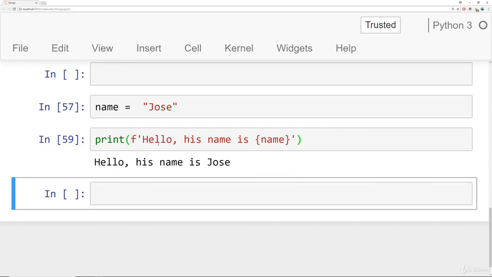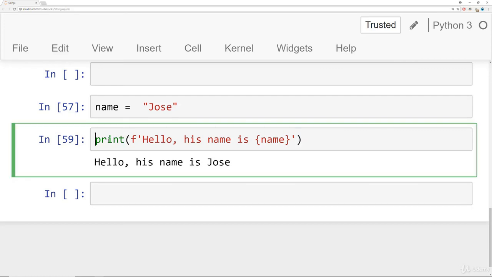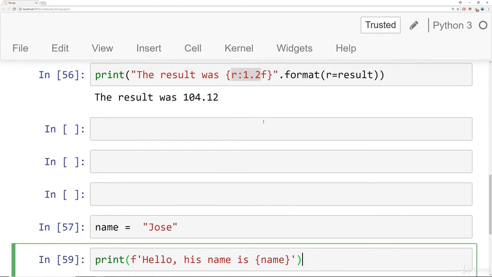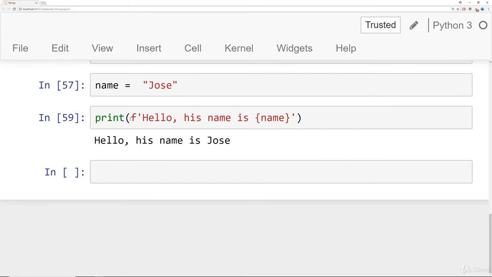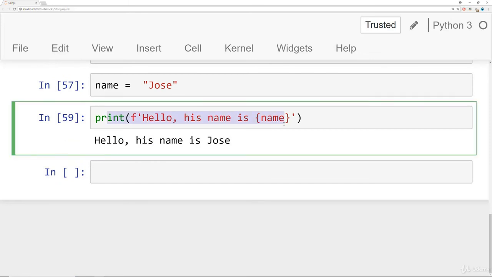So this is called F-strings, or formatted string literals, and this is new with Python 3.6. And a lot of people have been requesting this feature for a long time because it's quite common in other languages. Again, because I'm a little more old school, I got really used to this format method, which is why I like it so much. But if you're coming in from other languages, I would definitely suggest you check out the F-strings. A lot of people think it's a huge improvement over the previous method, and you can see why. It's actually really convenient to just be able to write that variable name directly inside these curly braces.